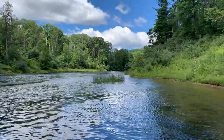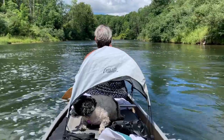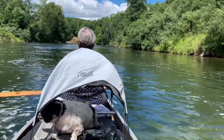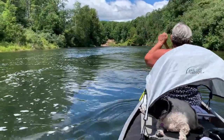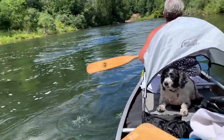There's our future right there. Ready? Let's go. Okay, and we're off. There's Lily, all comfy cozy, right, Lily? And you can see the bottom there. It's crystal clear, very clear. So, yeah, we got